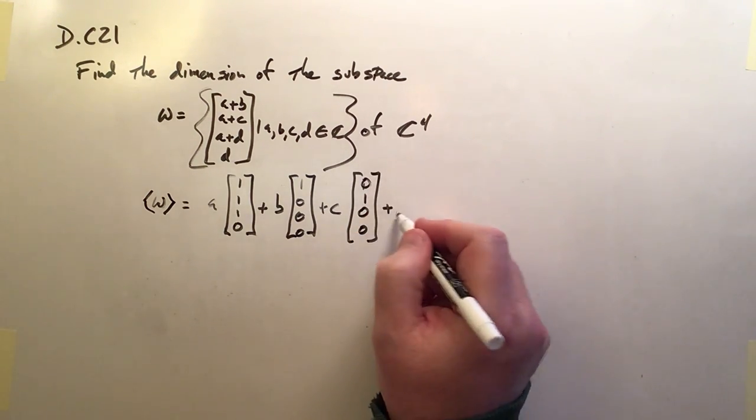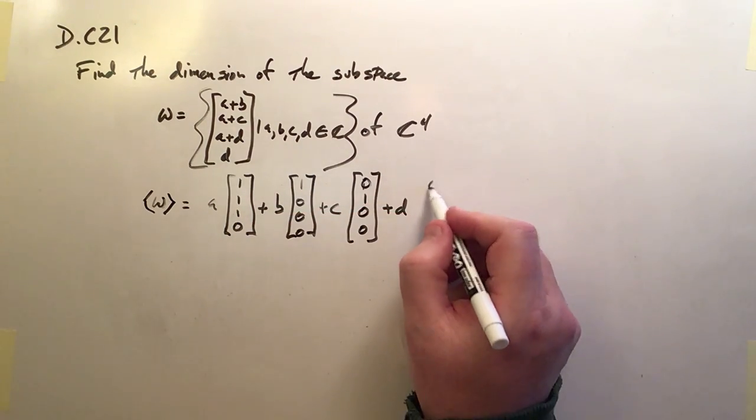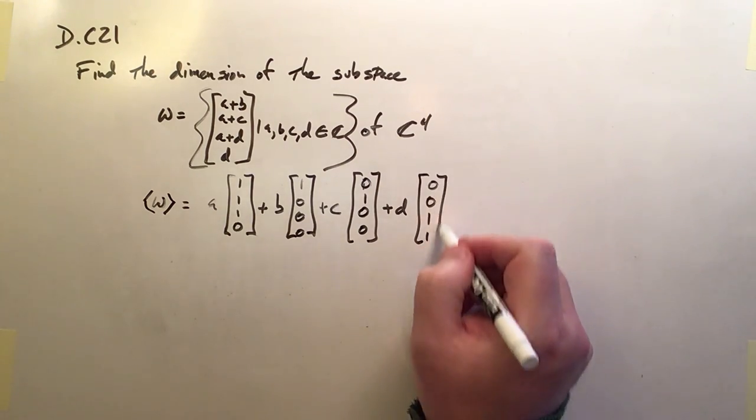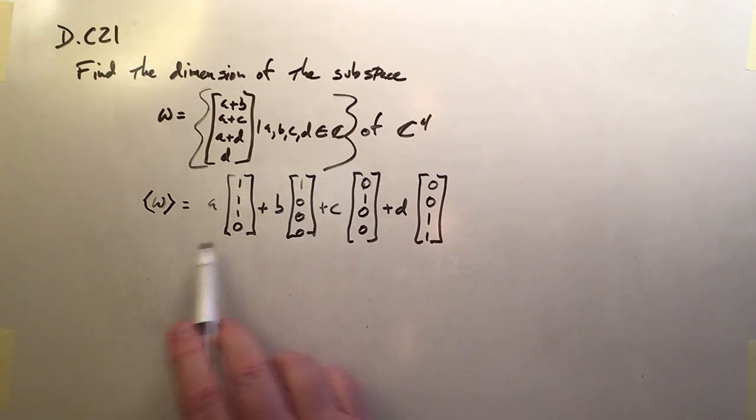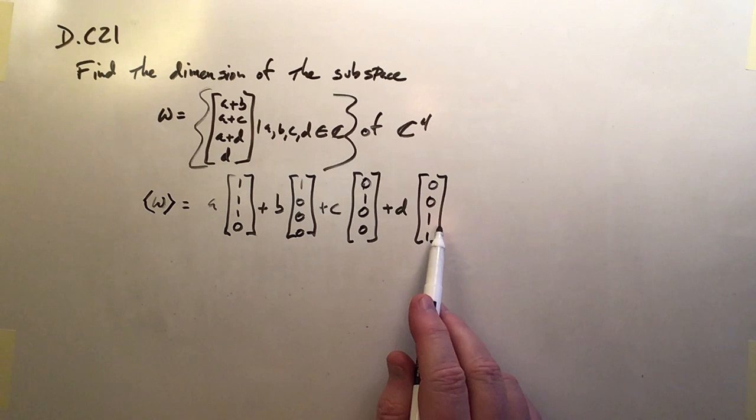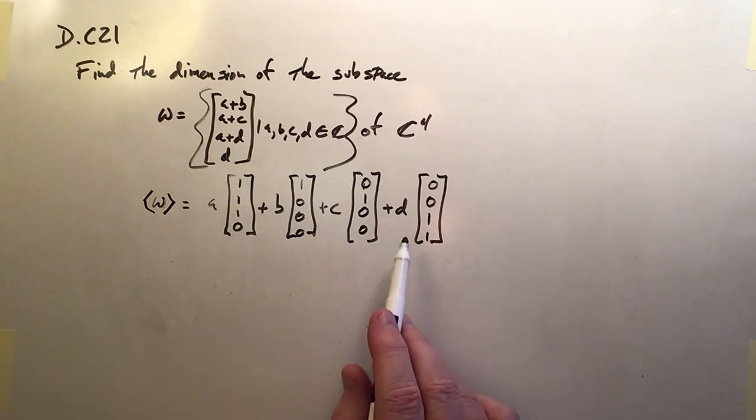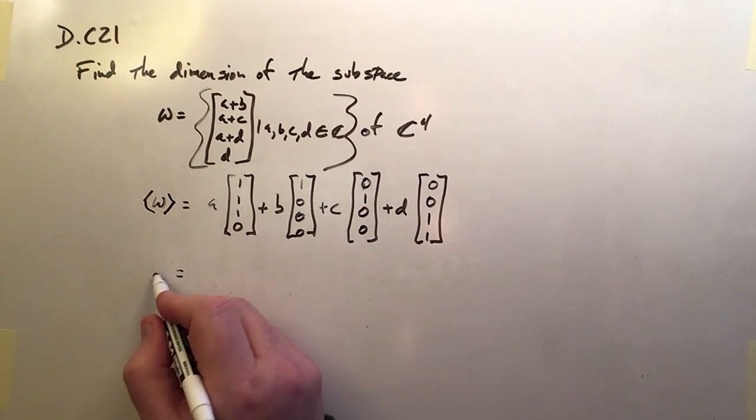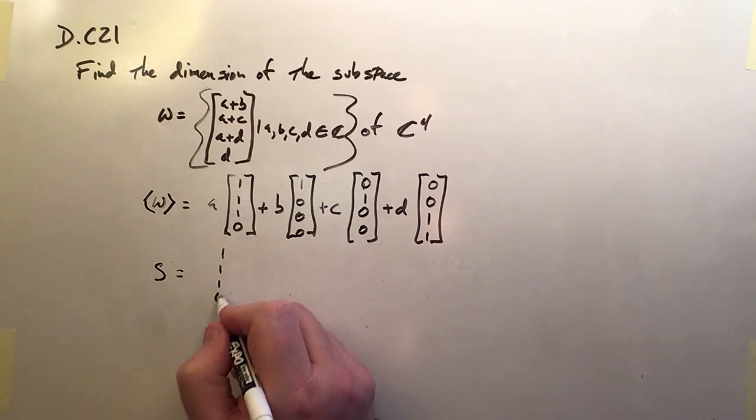And finally plus D times the only ones that contain D, which are the bottom 2, so 0, 0, 1, 1. So this is what the span would look like of all of the elements of W. And so all we need to do then is collect these vectors into a single set. That single set, which we can call S for the moment, is going to be 1, 1, 1, 0,